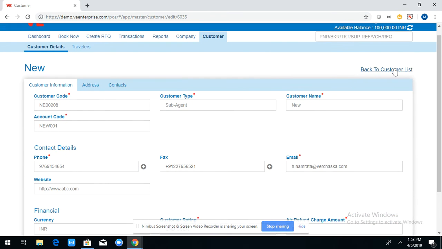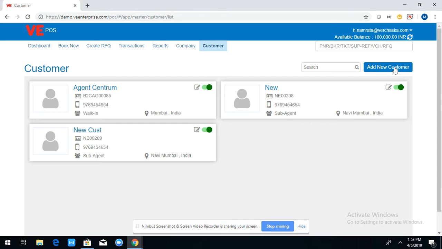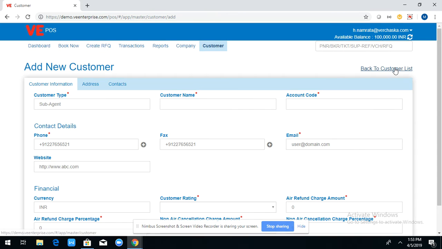Going back to the customer list, I see an option, add new customer. I click on the same. Here I'll mention a new customer name, a customer code, and contact details.